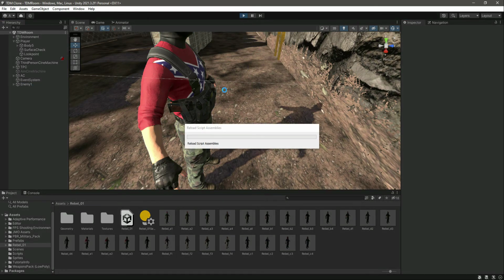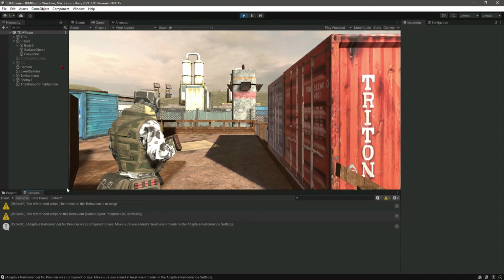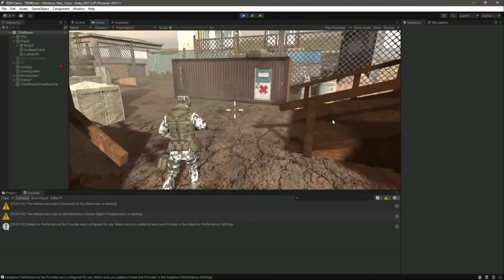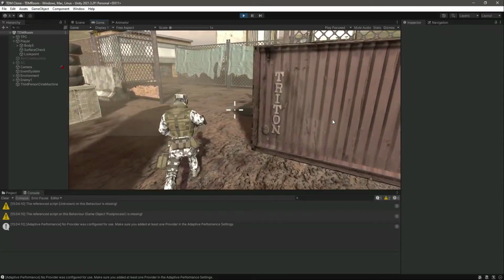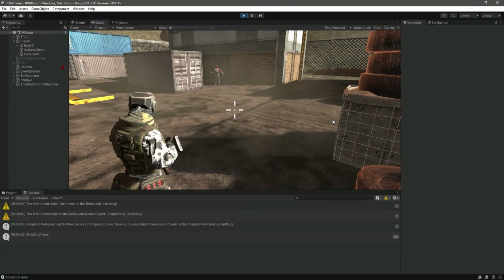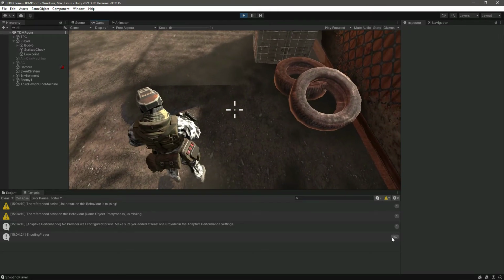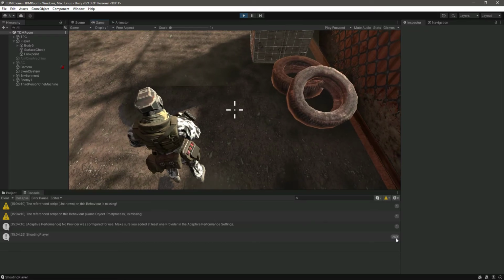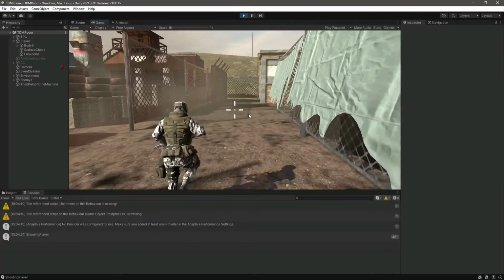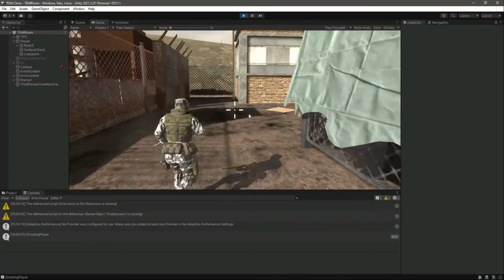Now if we play the game and actually click on console, now you will notice that whenever the enemy tries to kill us, it will show that shooting. As you can see, it shows shooting player, as you can see right here. After every 1 second the enemy shoots. Now if we come right there,